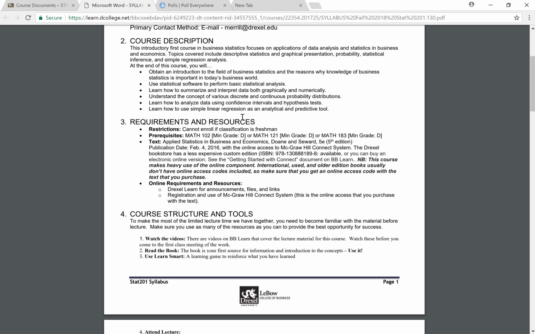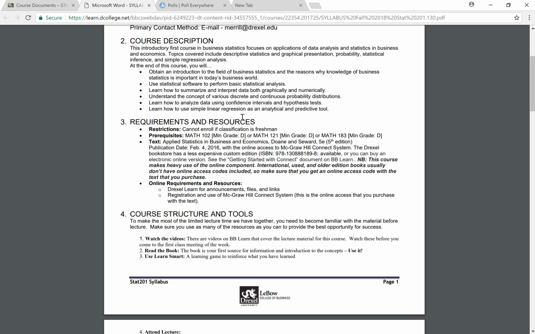There are several different options for getting this. You can go to the bookstore and buy it there, and if you do, there's a custom ISBN listed here. Make sure that you get the Connect, McGraw-Hill Connect access.